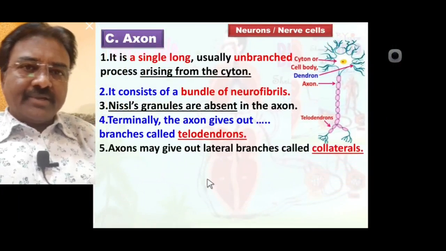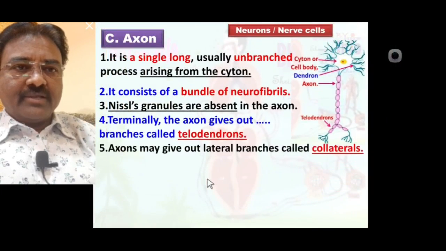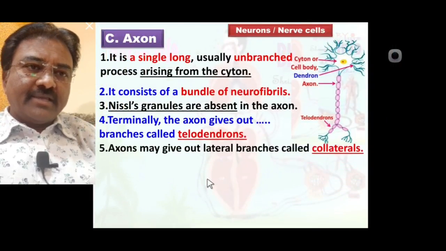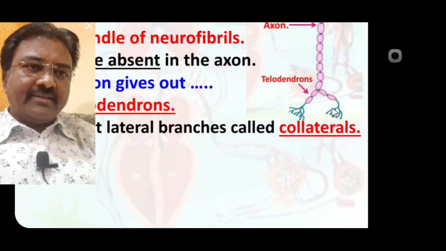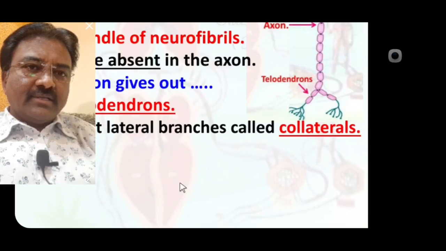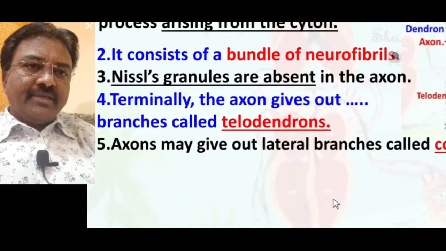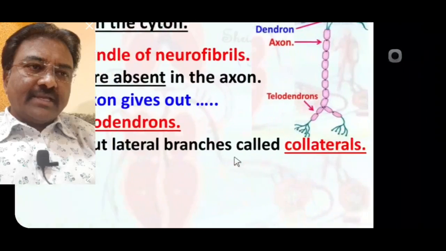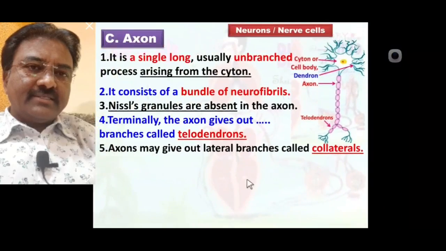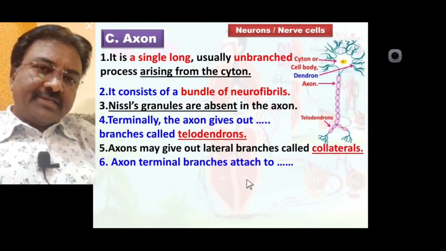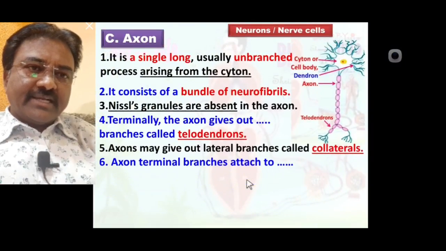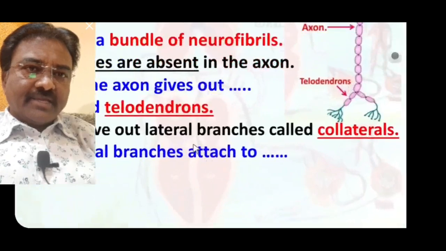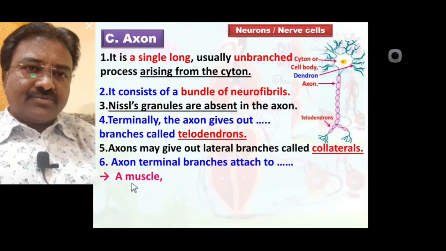Now fifth point, axon may give out lateral branches at some time called as collaterals. Axon may give lateral branches called as collaterals. Sixth point, axon terminal branches attached to, means the terminal branches of axon called as telodendrons are attached to